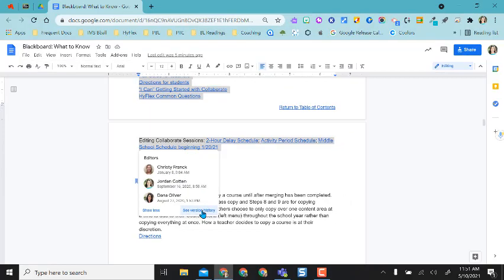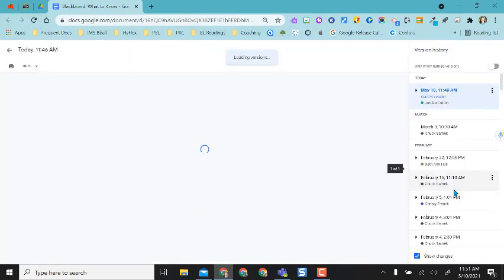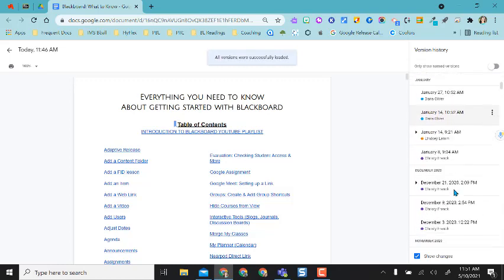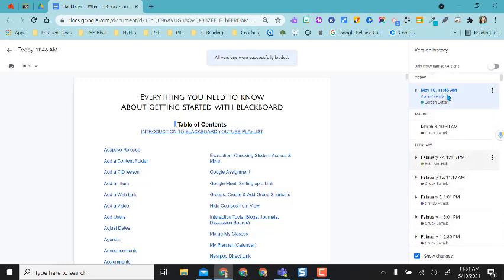I can also go directly and see version history. And it'll do the usual when you select version history from file version history and have this pop out over here to the side. But as you can see, these are all the edits that have been made through the